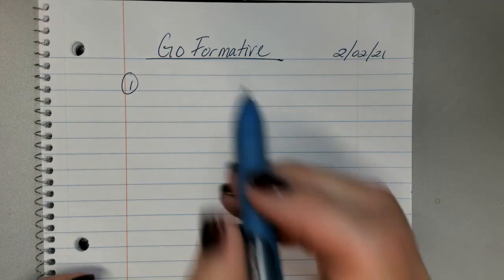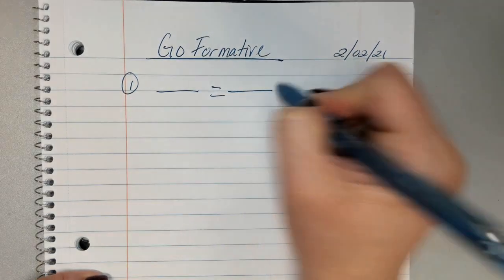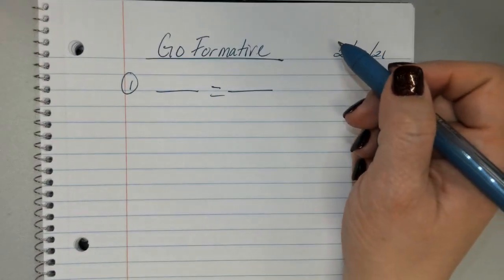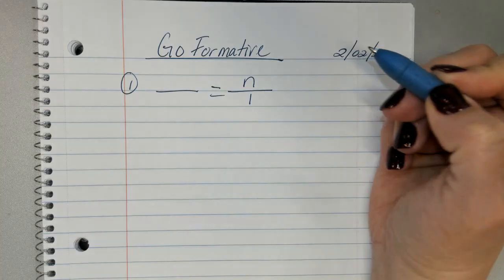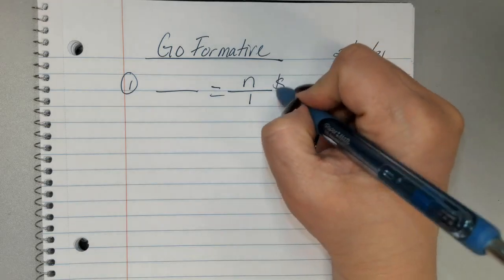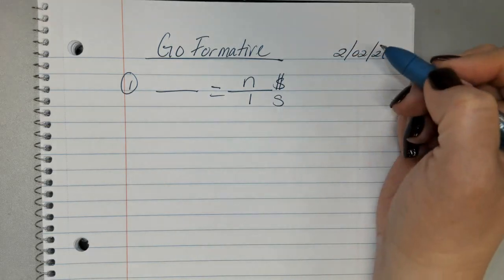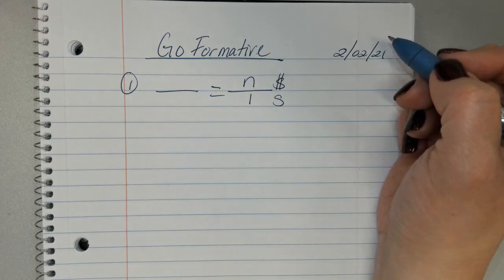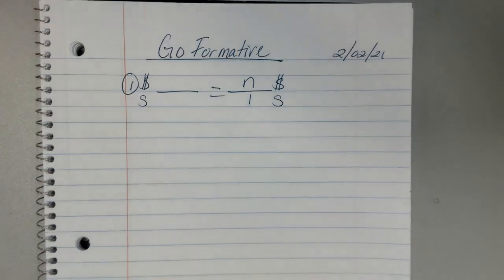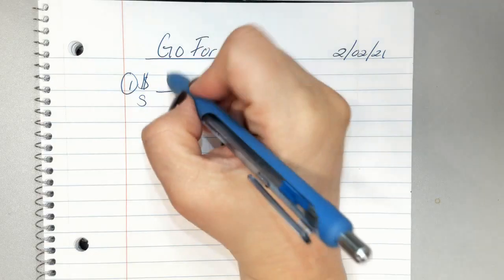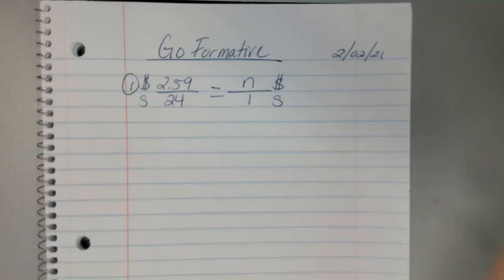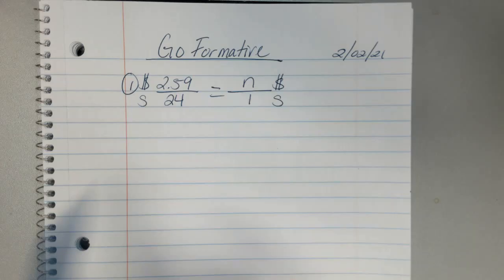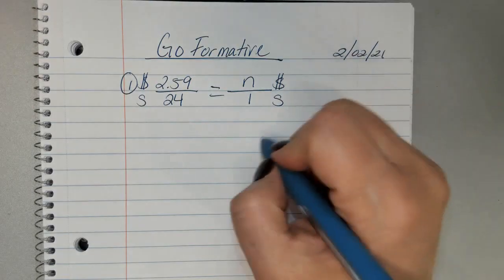So first and foremost, I need to set up my ratio equals ratio for my proportions. It says per serving, so I know it's going to be n over 1. Per means unit rate, and I don't know how much money, but I do want to know for each one serving. So I have money on top and servings on the bottom, so my other side will match. Money on top, servings on the bottom, so $2.59 for 24 servings. So from here, I know that I divide by 24, so I'm going to have $2.59